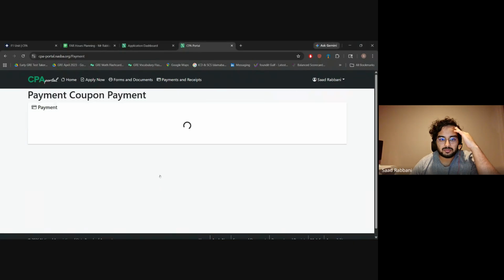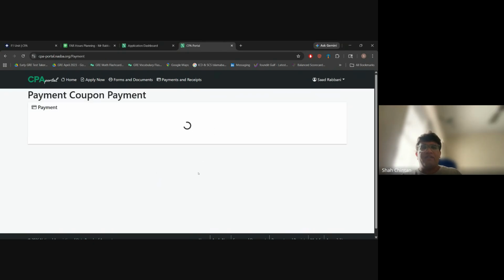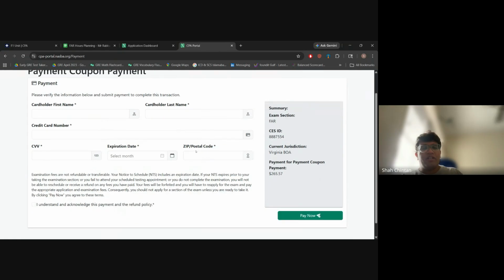तो आई थिंक वो स्टेटस, सीधा पेमेंट मांगता है. Pay for payment, exam status new. आपका तो एनटीएस इश्यू हुई, तो ये आपको एनटीएस की फी मांग रहा है। सो आपकी फीस दो तरीके से जाएगी। जैसे कि आई वॉज फ्रॉम इंडिया, सो आई यूज्ड टू पे I think $300 for NTS, $300 for international exam fee, and total $600. आप शायद यूएस में हो तो आई थिंक आपके लिए सेकंड स्टेप नहीं होगा। आपको इंटरनेशनल फी एप्लीकेबल नहीं होगी बिकॉज यू आर इन यूएस। सो योर एनटीएस इज इक्वल टू योर एग्जाम फी, आपको सेकंड स्टेप नहीं है पेमेंट में।